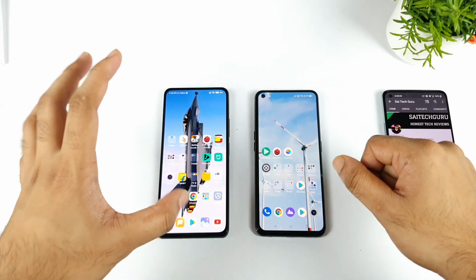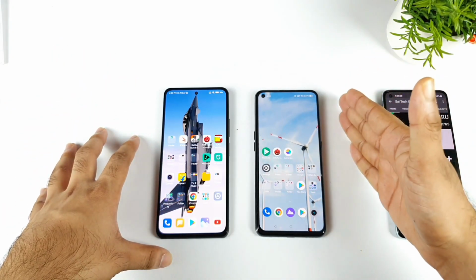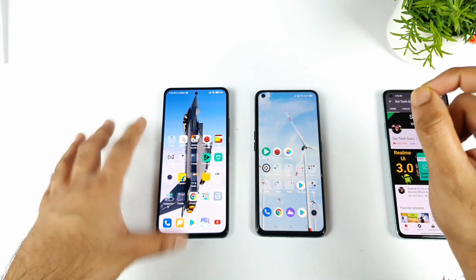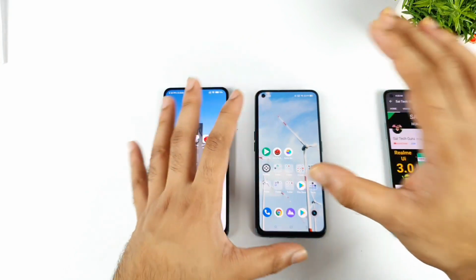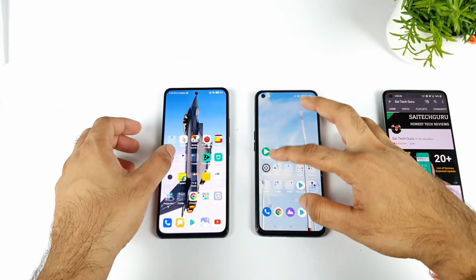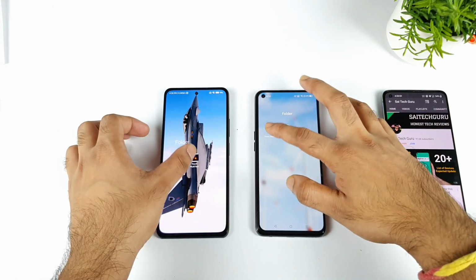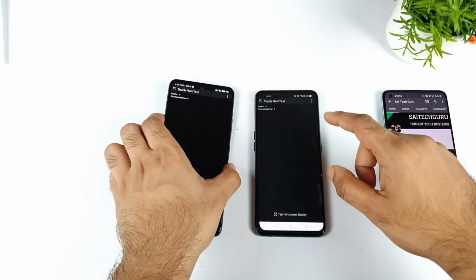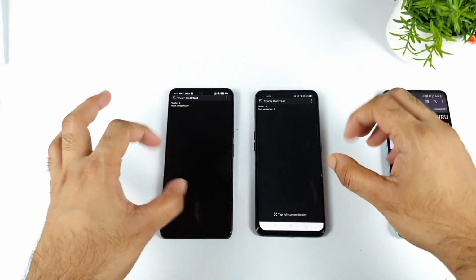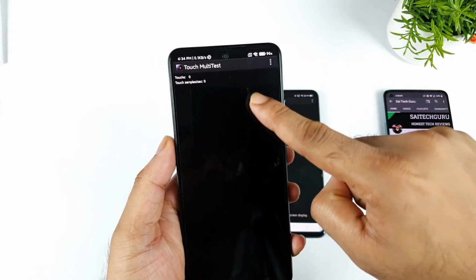By default, the Mi11X has a 360 Hz touch sampling rate, and the Realme X1 Max has a 240 Hz touch sampling rate. The company does claim the phone has 360 Hz, but by default we get 240 Hz. I'll show you a demonstration, using the same application in both phones. I enabled the high refresh rate in both phones as well. First, let me show you the Mi11X device with one single finger.